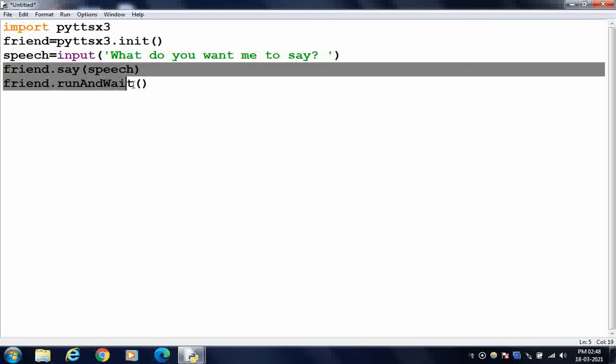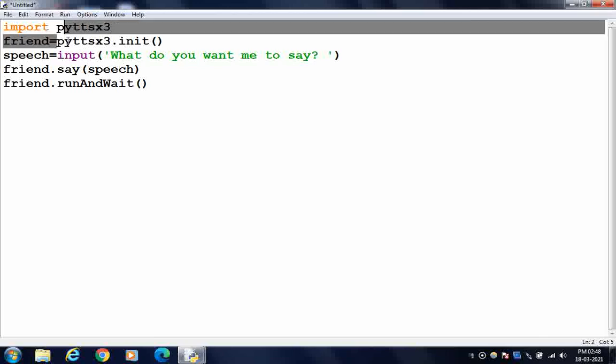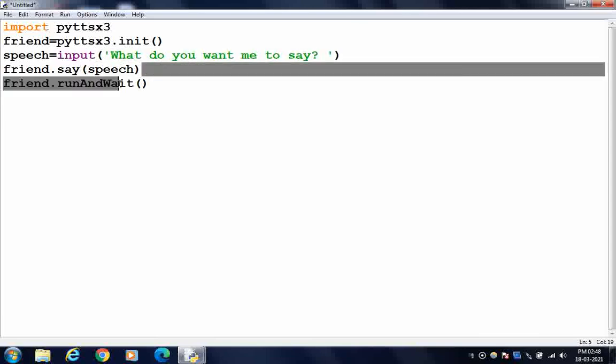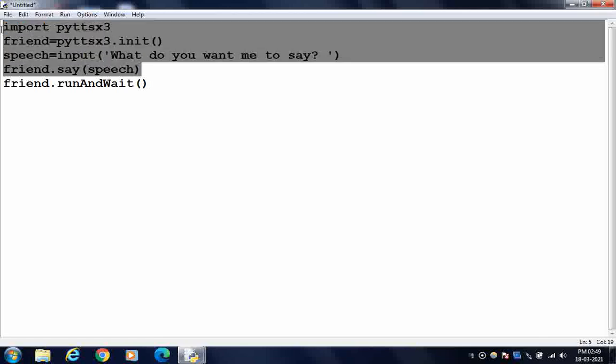What these two lines mean is, it tells the friend variable, where we have initialized the pyttsx3 package and stored it, to say whatever the user has typed in this command, and then this command tells the pyttsx3 package to run the above commands.